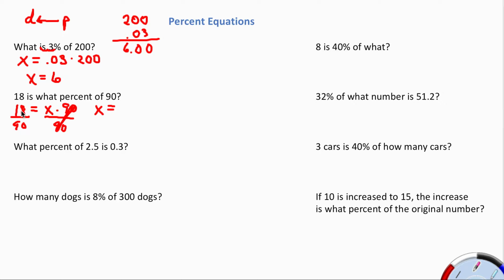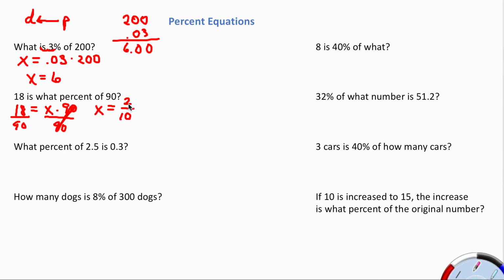They're both divisible by 9. 18 divided by 9 is 2. 90 divided by 9 is 9. But be careful. 90 divided by 9 is not 9. 90 divided by 9 is 10. Oh, I could even